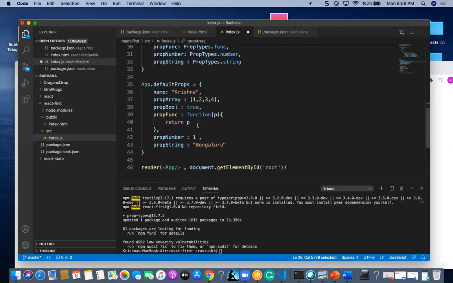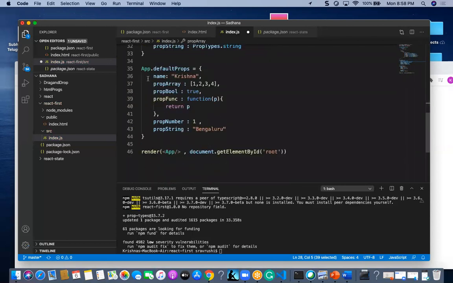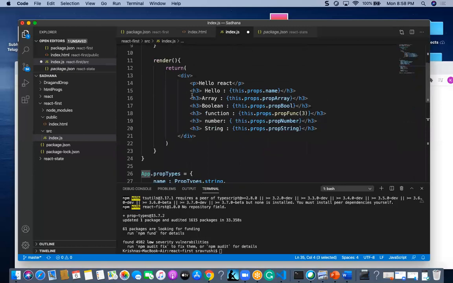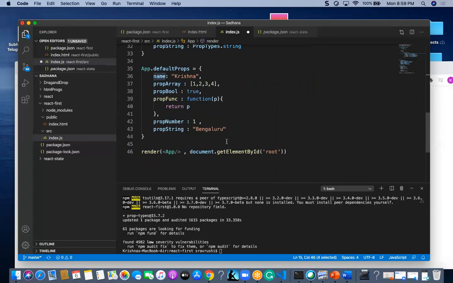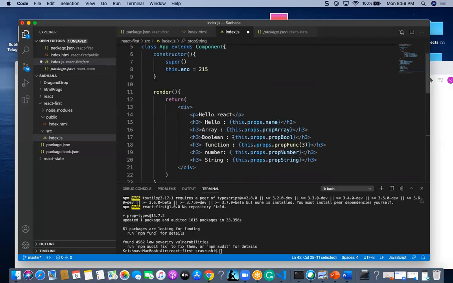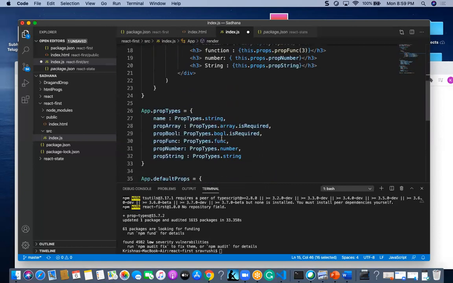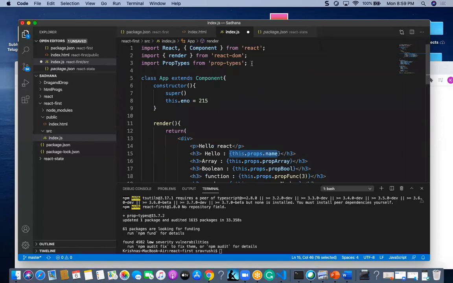And we can pass the default properties to our application. In our application we can use this.props, and we can call directly the available properties, like values; these keys will be the result of this.props.name. And coming to this validation, you have to install prop types first of all.